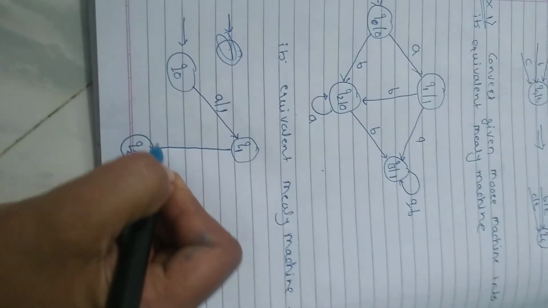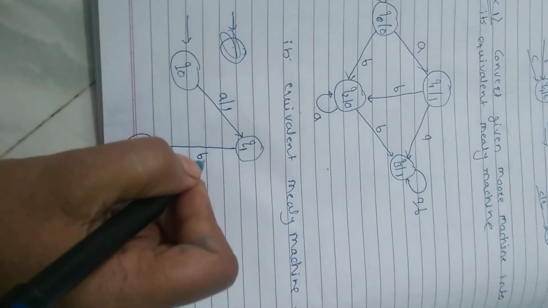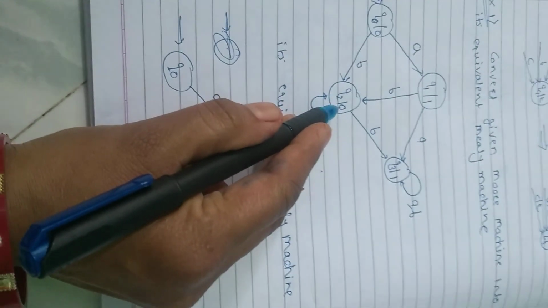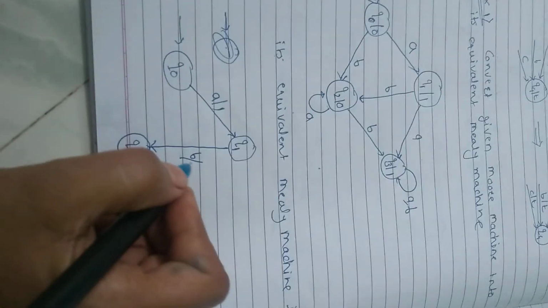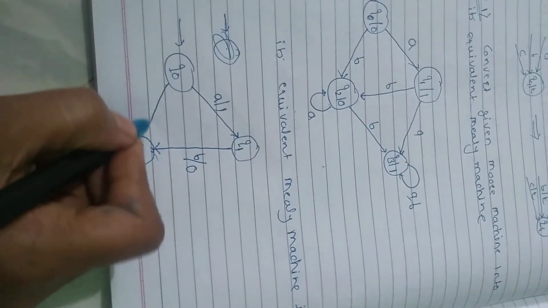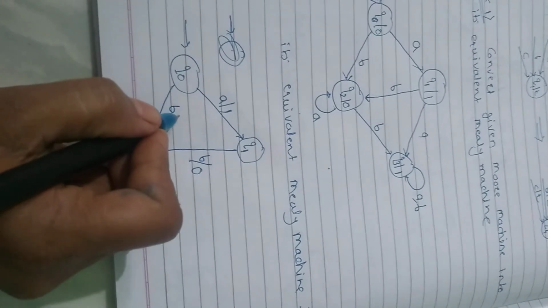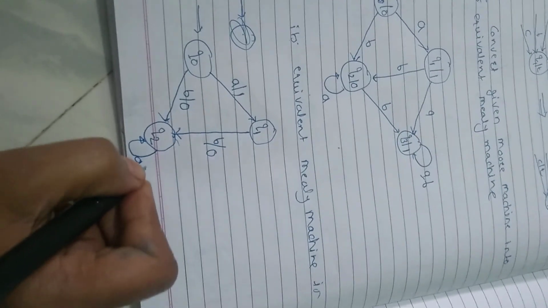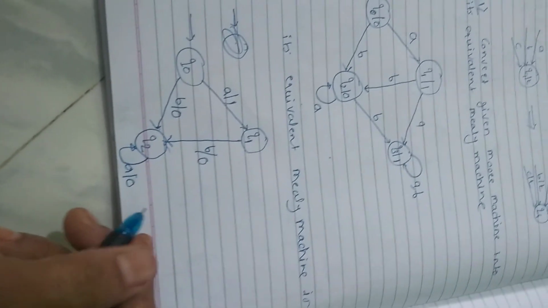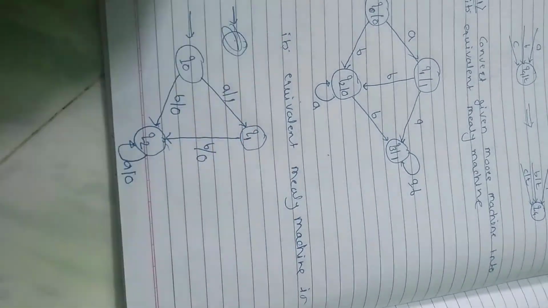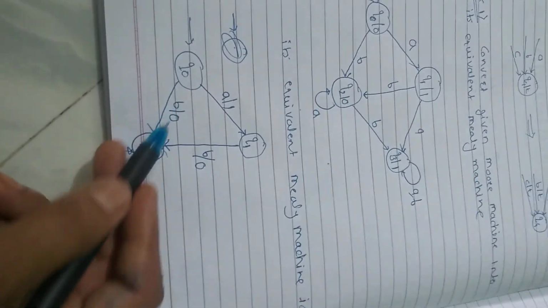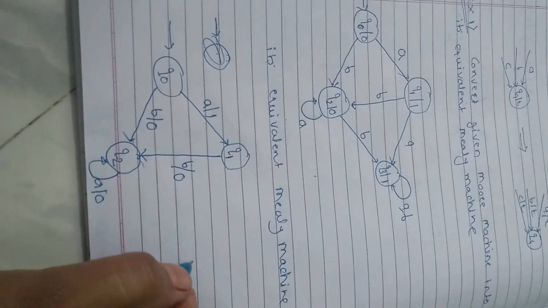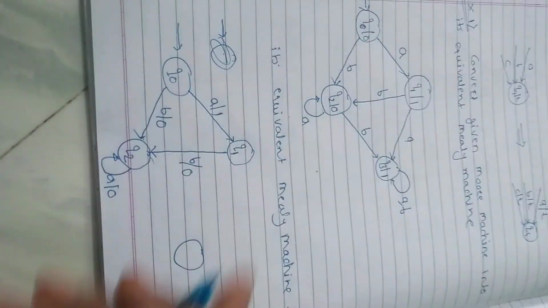If I take this one, don't change the input symbol. Input symbol oblique output symbol. What is the output symbol of Q2? The output symbol of Q2 in the given Moore machine is 0. So write here B oblique 0. Similarly, here the input symbol is the same, B oblique 0. And for the self loop from Q2 to Q2, A oblique 0. This way we have converted all the incoming transitions of Q2 into the required form. Now we have processed the Q2 state. Go for the next one.